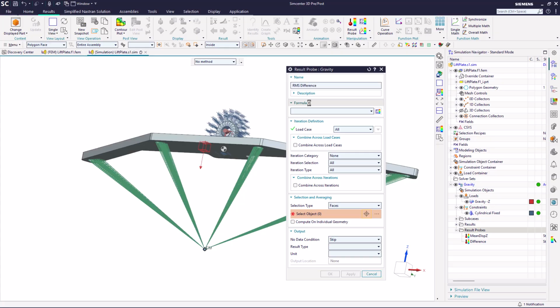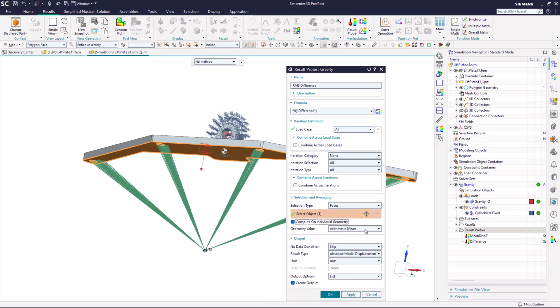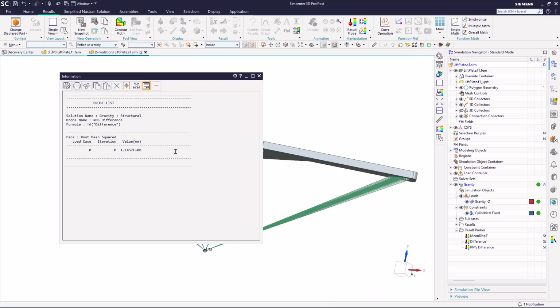And its formula is just going to be FD of difference. And I do need to pick that face again. I want to compute an individual geometry value, and that value is going to be the RMS. And then I'll go ahead and create that output, and it'll list the output. So there we have that output of the RMS for that